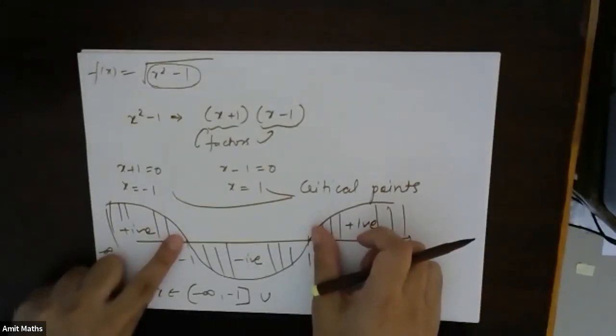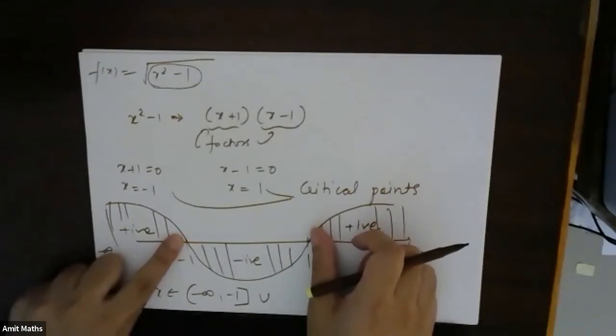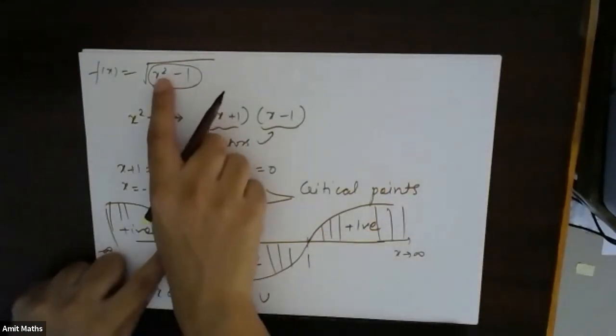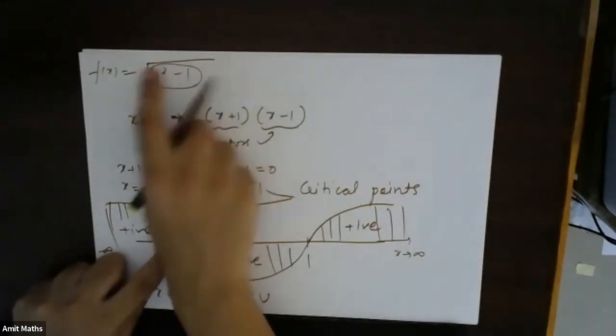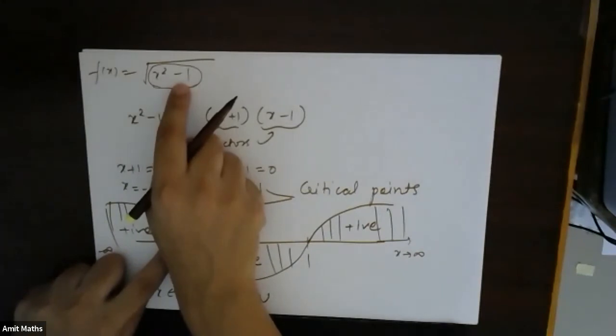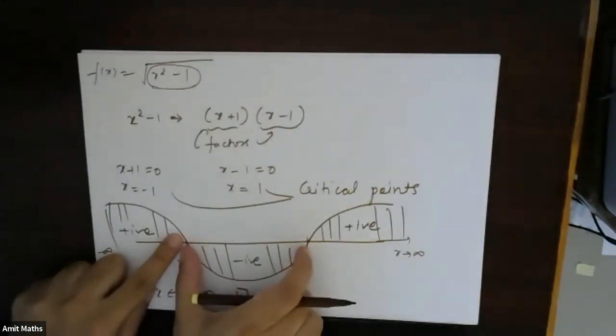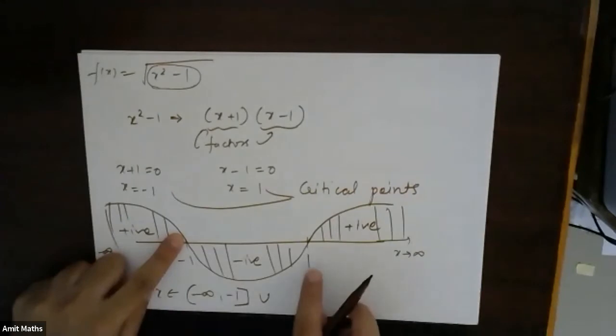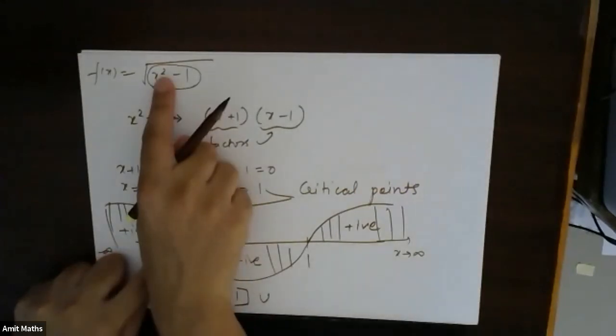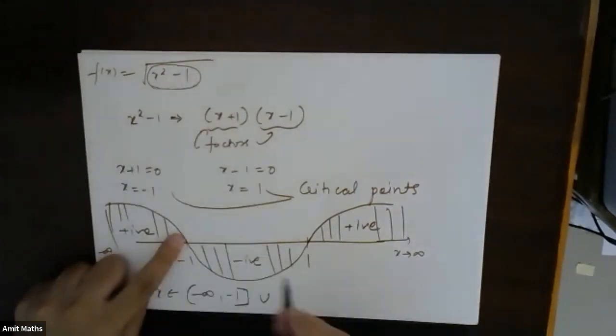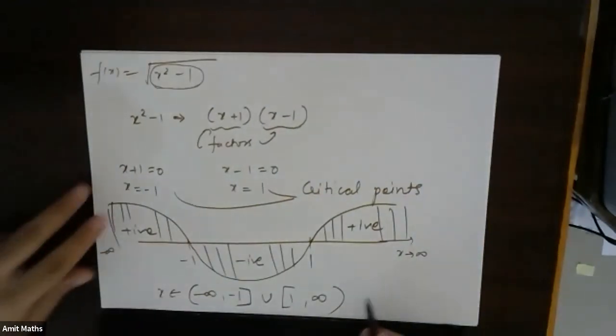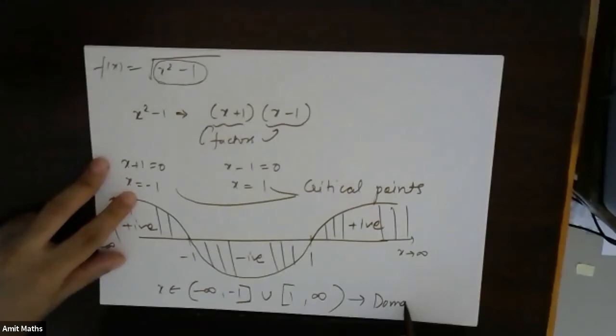Can I take anything in between these two? See, if I substitute 0 in this, 0 minus 1 will become -1. Under root of -1 is not defined. Yes, that is fine. That means anything in between these two I cannot take. Again, from 1, if I substitute 1, it will become 1 minus 1, 0. 0 will be, so 1 to infinity. Okay, so this will become the domain of this function.